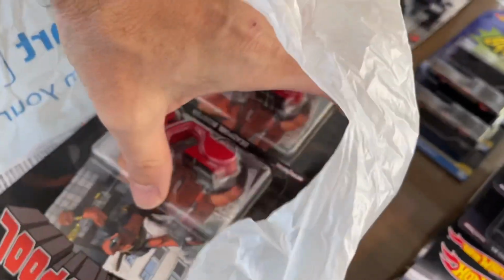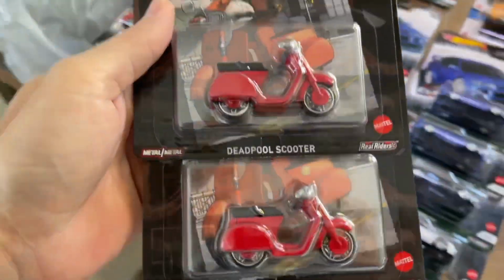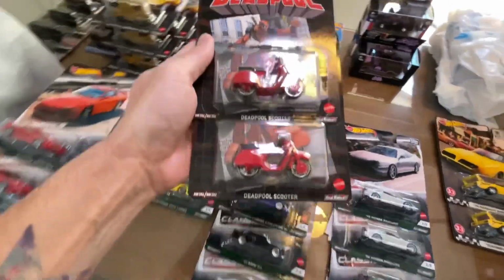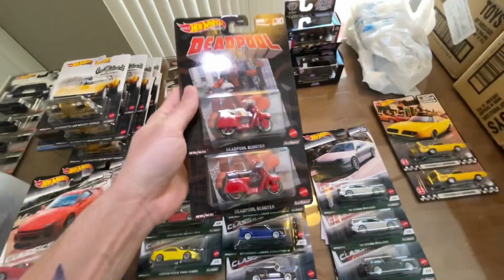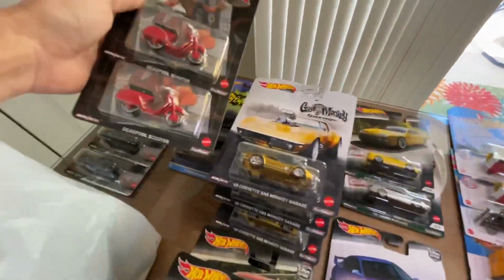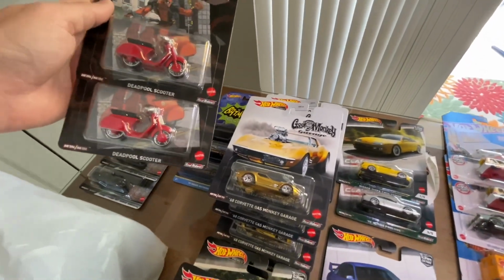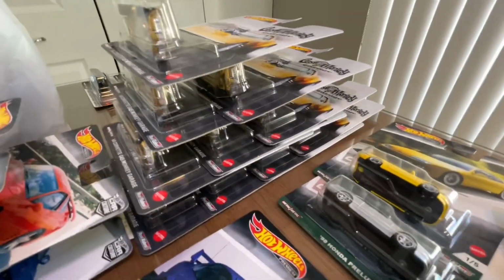Oh, that's right. I forgot about these. So that day that I was at this particular Walmart, I saw these and I was like, man, how cool, you know? It's the Deadpool scooter. I don't know. I liked it, but it's literally a peg warmer. Like every single store, they come together. So the Deadpool scooter comes with the Gas Monkey Corvette in the same case. Those are the first to go. Not just because of me,